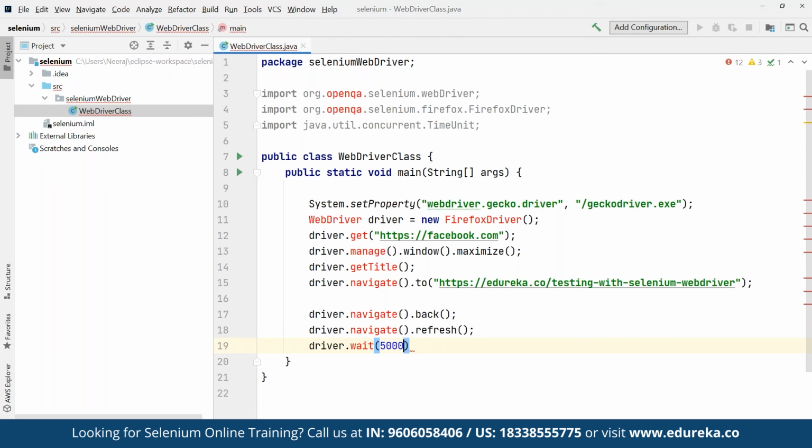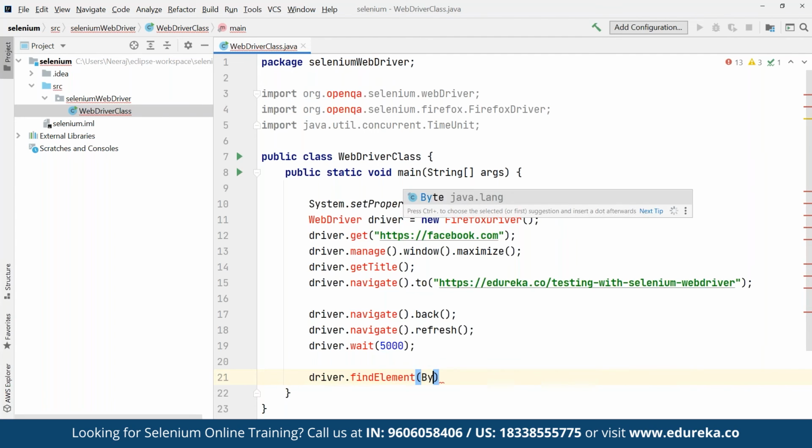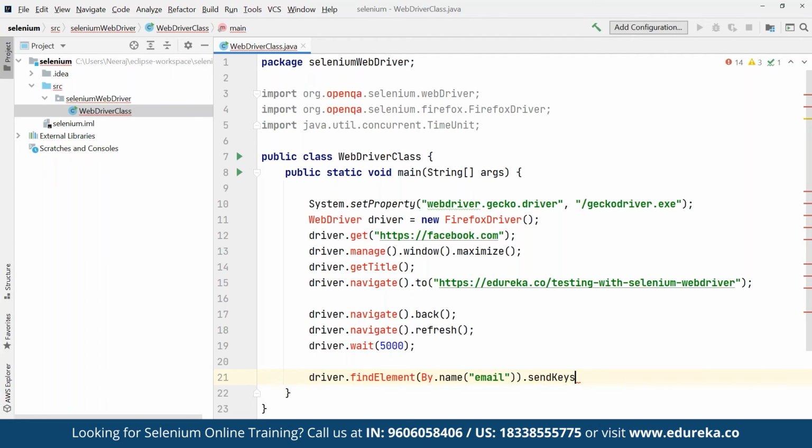And then we are going to find driver wait for how many seconds. Suppose here we want to wait for 5 seconds. We can define 5 seconds for the entire wait period, and then we are going to define driver.findElement, and then we can define the element should be found by name, and then we can define the element should be found as, suppose, email, and then whenever the email is found, here we want to send keys. That means what should be entered there. For example, here we can define anything @gmail.com